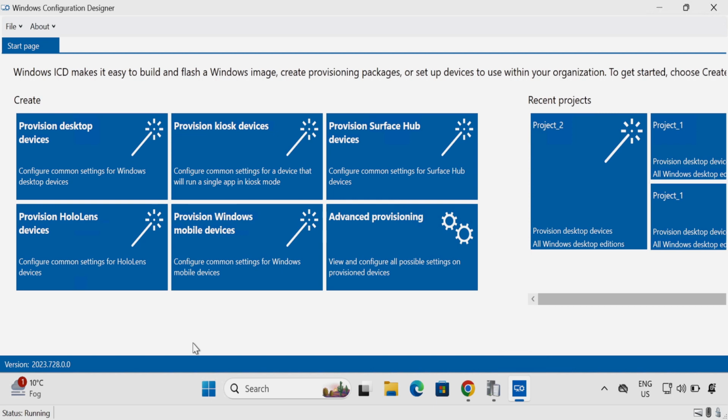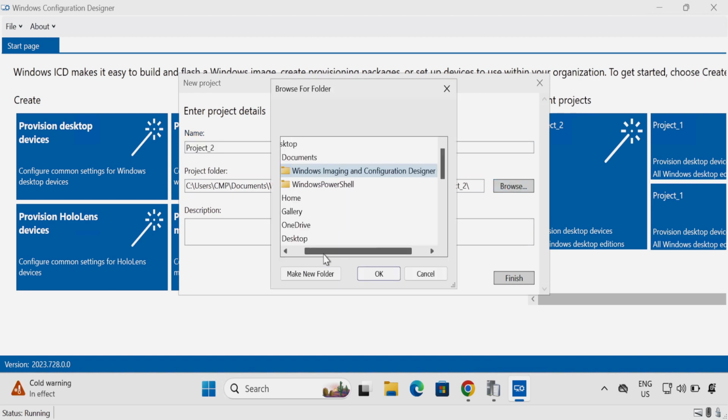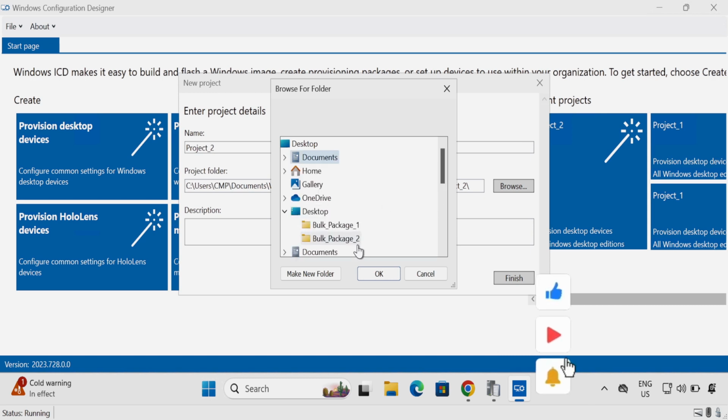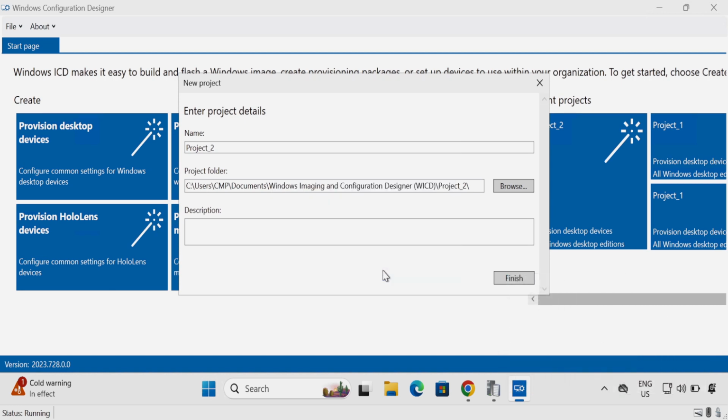Now let's see if this solution is working. Otherwise we will check another option. So I am again going to click on provision device desktop, and then just provide the name of the project, and then I am going to select the project location, and this time I am going to select the folder called bulk package_2, and then click OK